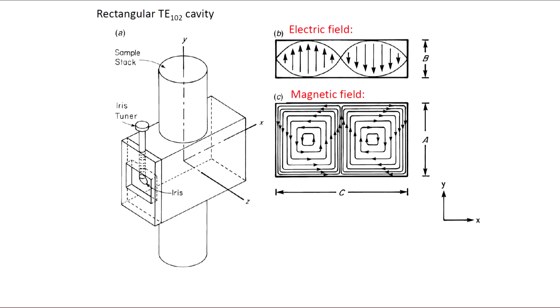Now this image is basically showing us a cavity, a resonant cavity, and you can see this is a rectangle. It looks like this. There are microwaves coming in through this window. If you look into that, microwaves are coming in along the x-axis right there. On the way, there is this iris. It's a small opening. This small opening allows us to control how much of the microwaves are coming in, and it allows us to better